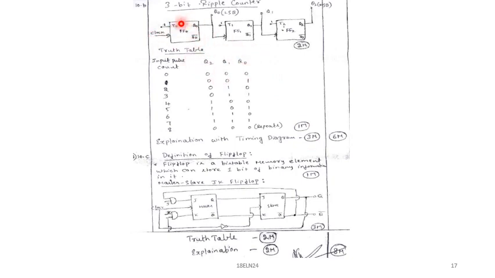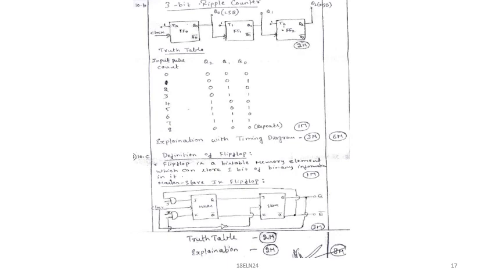The T flip-flop is actually a toggle flip-flop, so there will always be a change with respect to the state. Toggling means when it is 1 and you give the input, it will become 0. So Q0 will be 0, 1, 0, 1, 0, 1. It will toggle every time, and the next one will toggle for every 2 clock pulses, whereas the last will toggle for every 4 clock pulses, like this. So this is about the 3-bit triple counter.